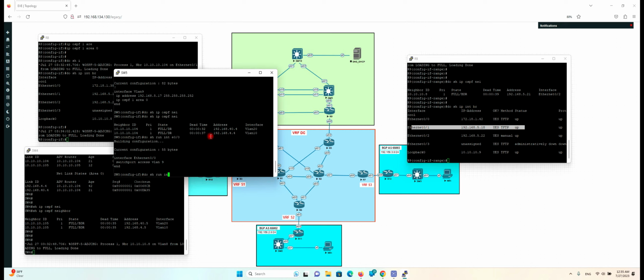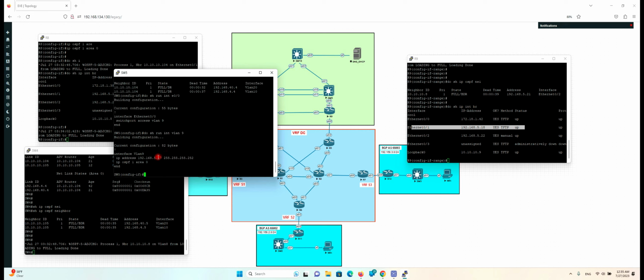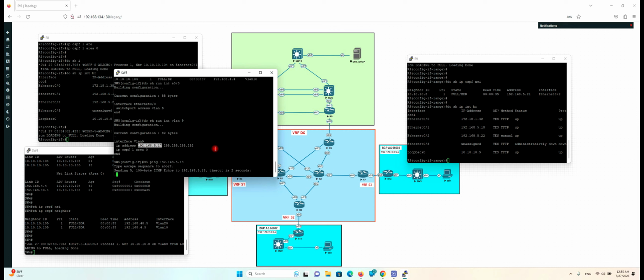Do show run interface VLAN 9. Okay, do ping, let's ping. This is the connected interface, 18. Cannot ping the 18. Why? 0/1 is here, and